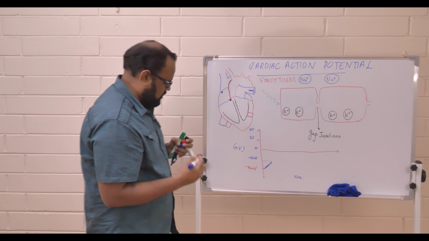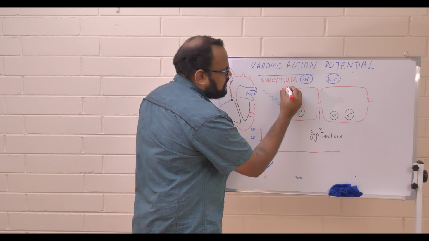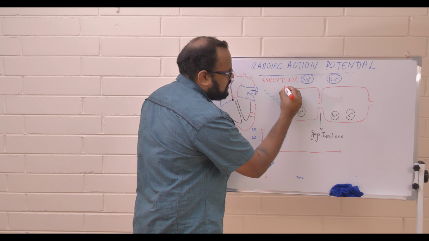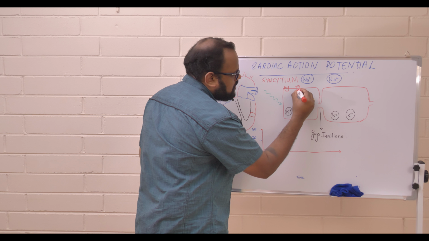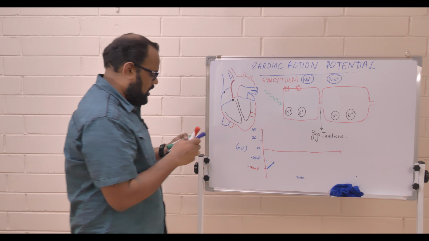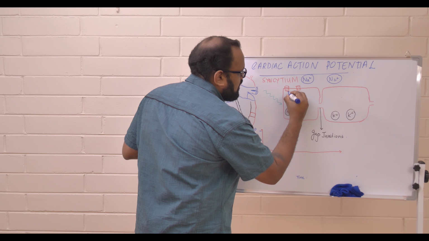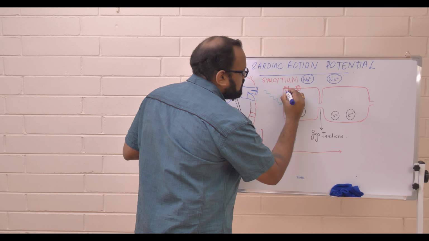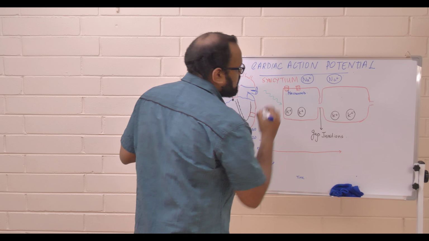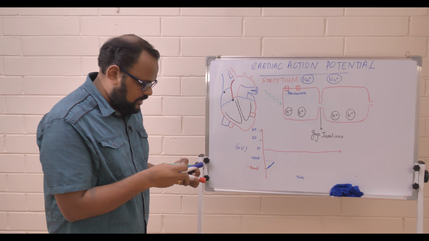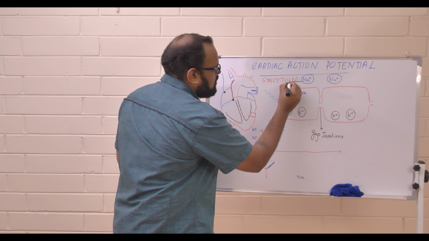Now what happens is, when it reaches the threshold point, and this is very important to understand, there are certain channels inside the cell which open. These channels, I call them the sodium channels. So I will say it as INa, or I'll just call it sodium channels. So when the sodium channels suddenly open, they just rush into this cell,